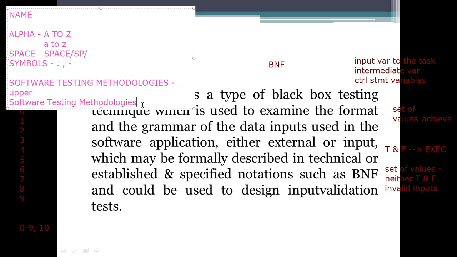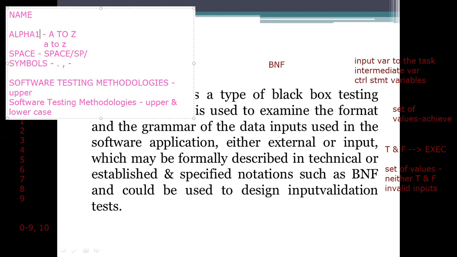In this one, I'm not completely using uppercase, but uppercase and lowercase. So in this example, the grammar we have taken is that alphabets consist of the A to Z letters, and these A to Z letters are specified here. So it can be taken as capital letters.